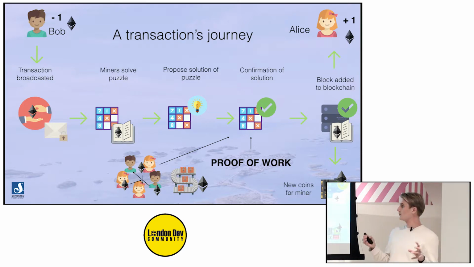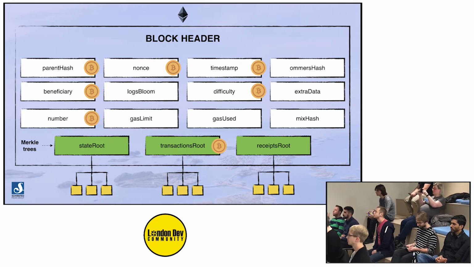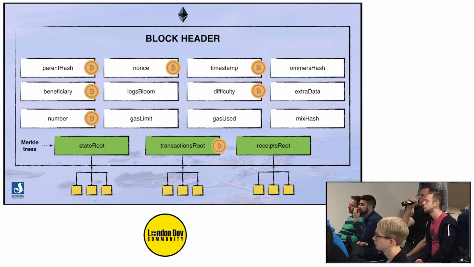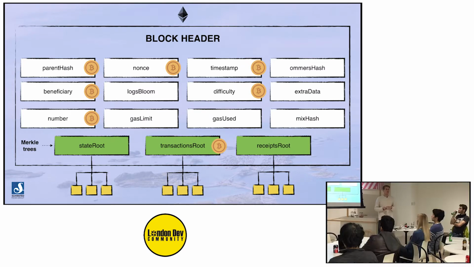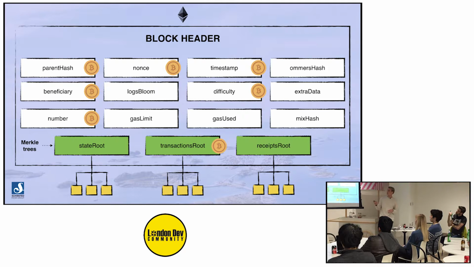So we'll have a look at what's in a block. What actually is a block here? So this is the data structure. I'm not going to go through all of this. A lot of things are similar for Bitcoin. So what we have here is a data structure. In the header of the block, you have a parent hash. That is the hash of the previous block. So this piece of information for the last block, hashed, goes into the next block, which means that you're connected to the history of the network.